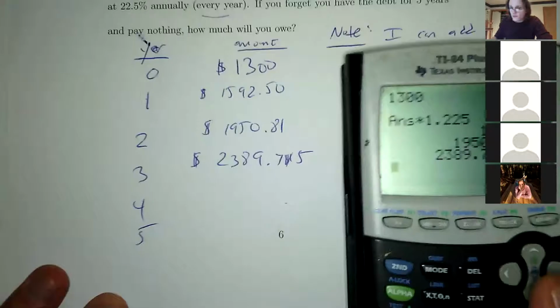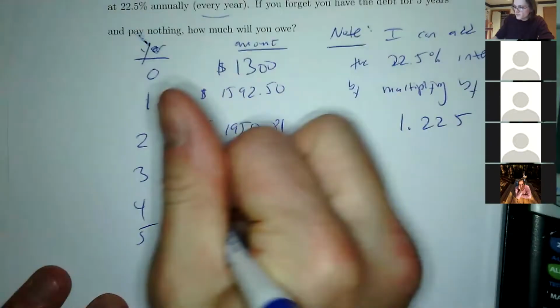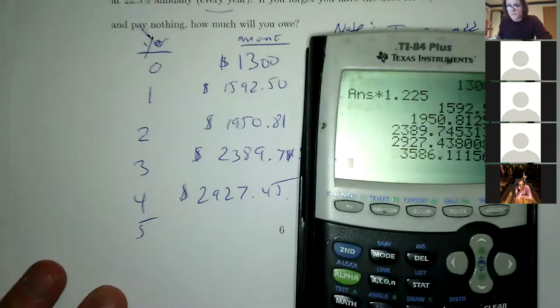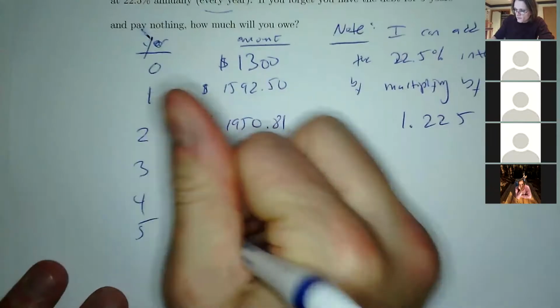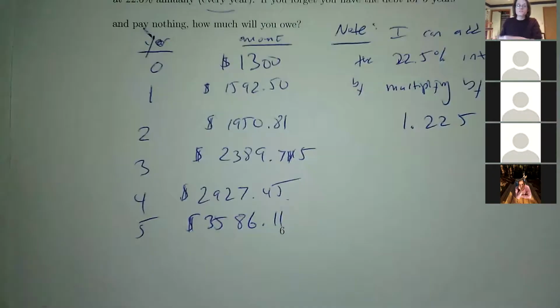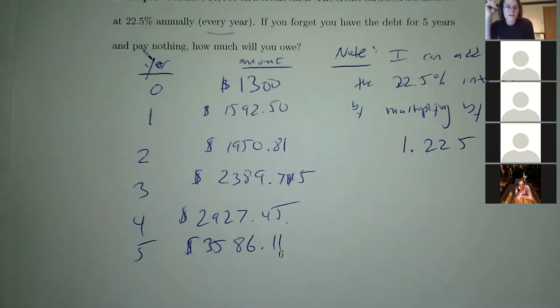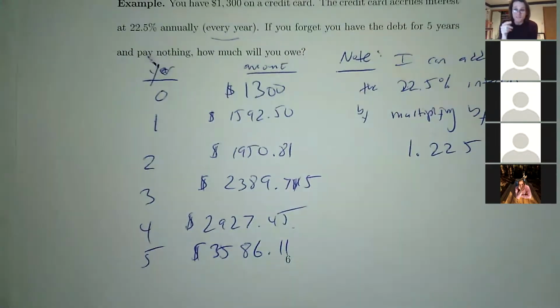Okay, so you see it's growing like crazy. 29 and 27 and 45. And one more. Oh, 35.86 and 11. Huge. Right, so it's just an astronomical amount of money, right? You only initially paid $1,300, but with this wildly high interest rate, you're adding on basically a quarter almost every year, right? And so, yeah, I think again, this 25.5 is really high for a credit card,